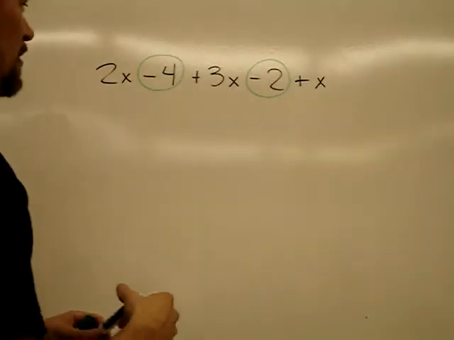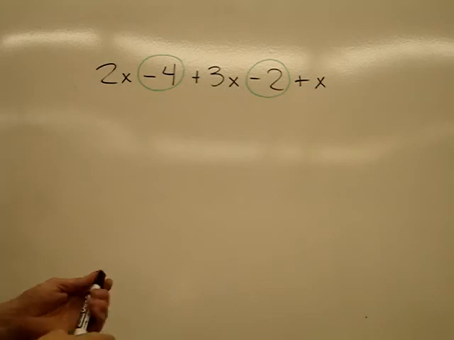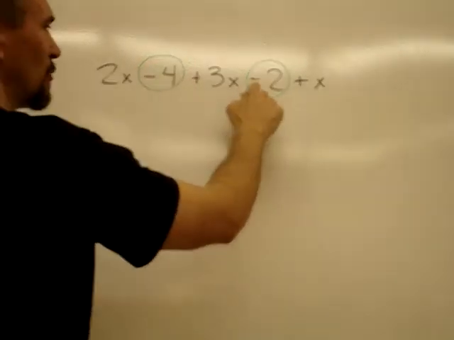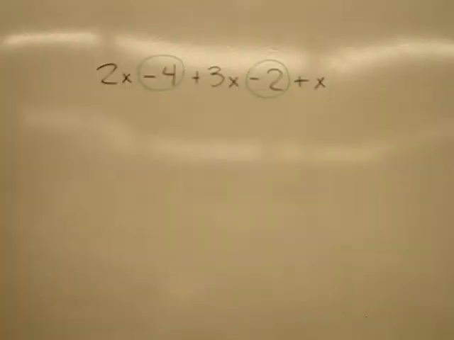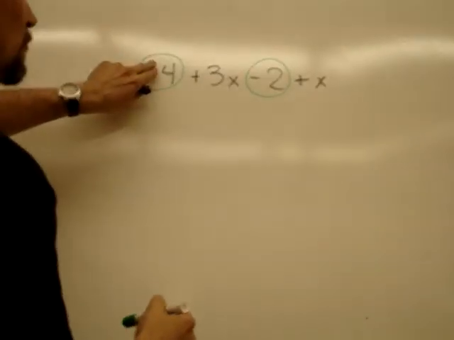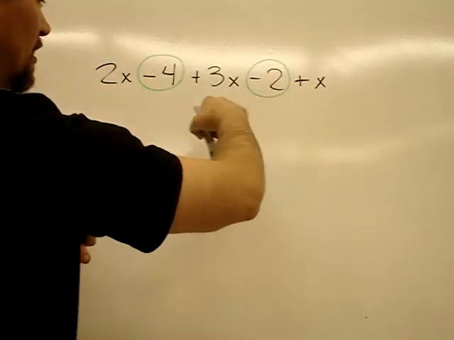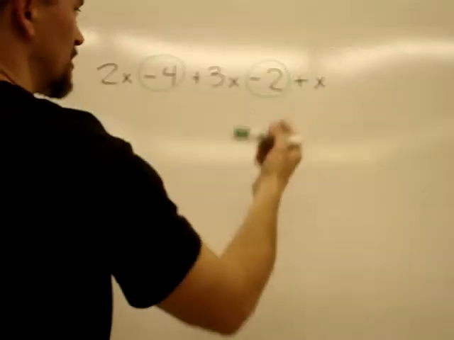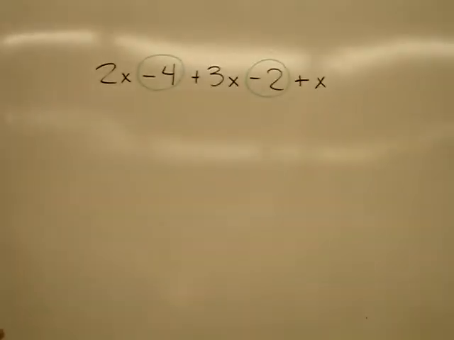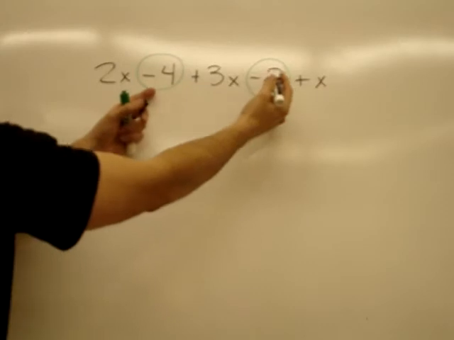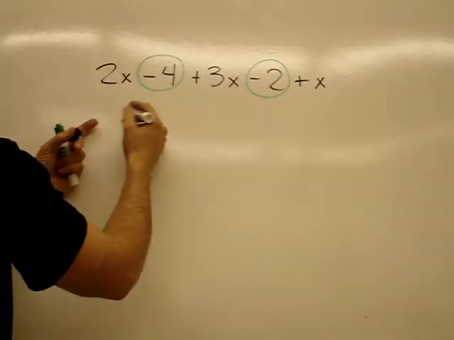And for my students, I want them to circle lightly with their pencil and include the sign, because the mistake I don't want to see is if you end up just circling the 4 and the 2 and you forget about the sign and you end up thinking that makes a +6 somehow, but it should be -6. So those two come down, and what I would like you to do when you do this is bring what you've circled down to the far left,